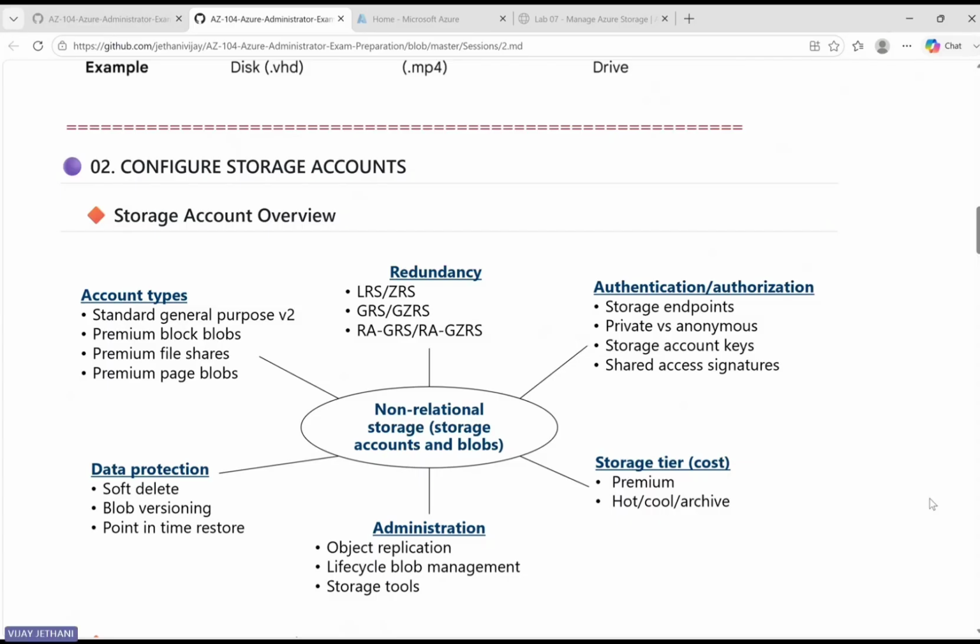Okay, so now next topic, let us jump directly to create a storage account and then we will see each one of them before we move further. So as I said, go parallelly one by one so that you are aware of what we are going to try from our